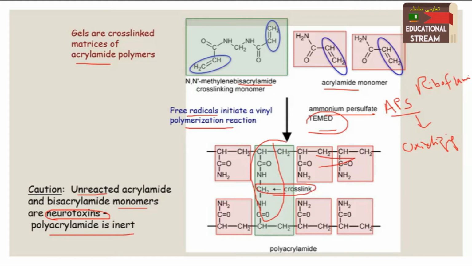So this green color is showing the cross linking reaction between the acrylamide and bisacrylamide, and this cross linking will result in the formation of the polyacrylamide gel. By their polymerization the gel is formed, which is known as polyacrylamide gel. And we use that gel for the isolation of the protein, because just like we studied in the agarose gel electrophoresis, PAGE will also form in the polymerized form.